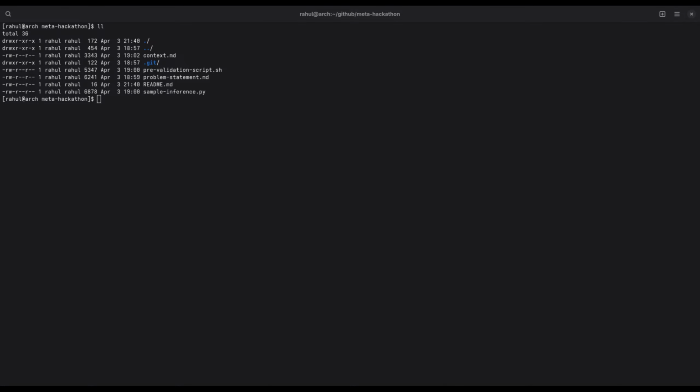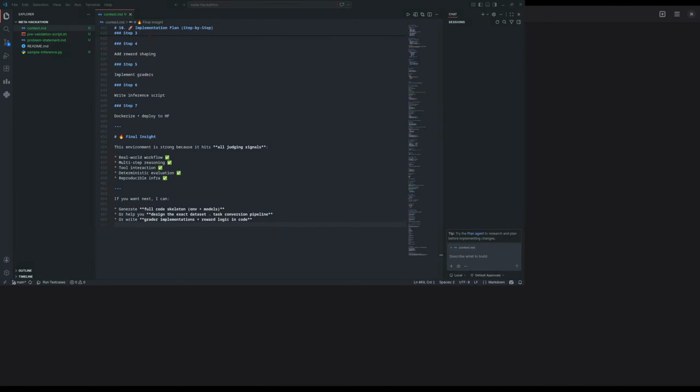Meta hackathon. Okay, this is the one. In the context, I can edit like this. Hey, let me do one thing. Let me add one more screen so that will be visible to you also. Okay.